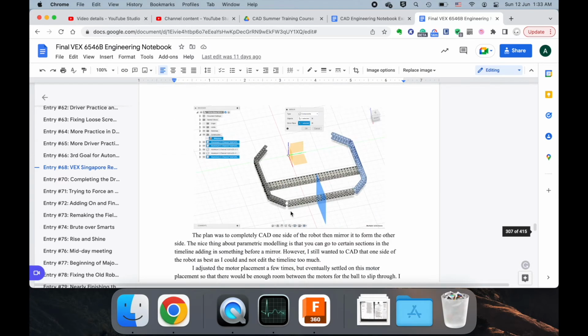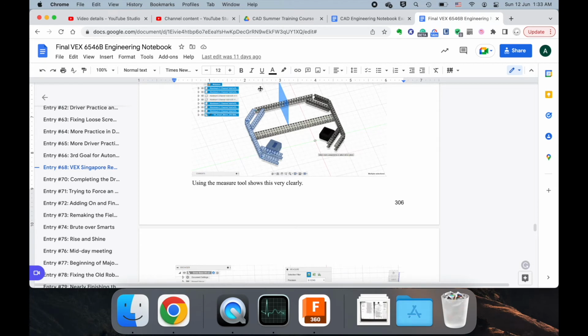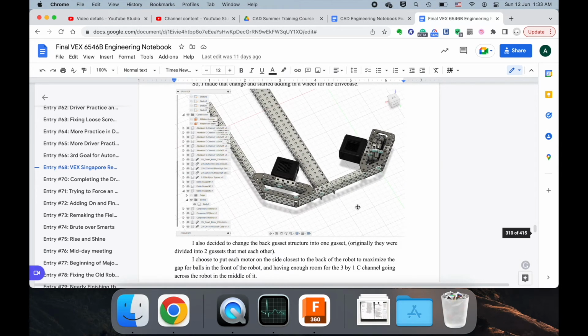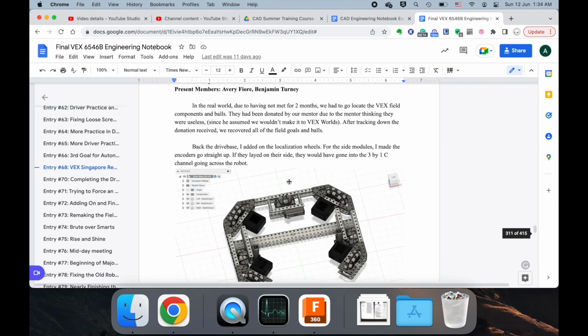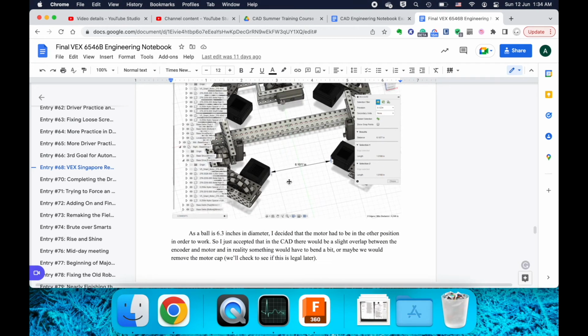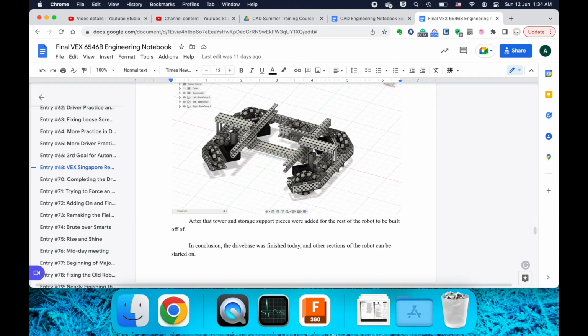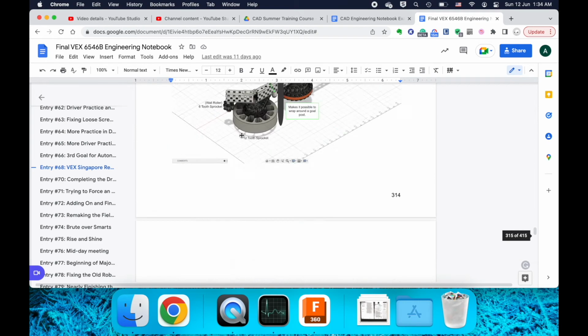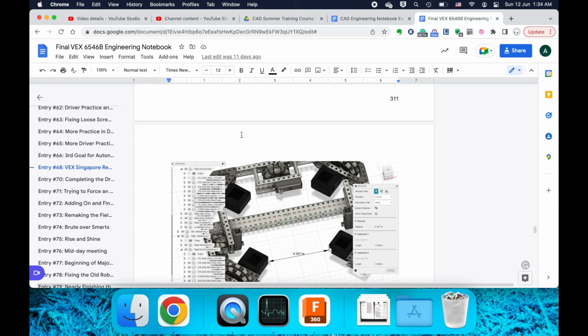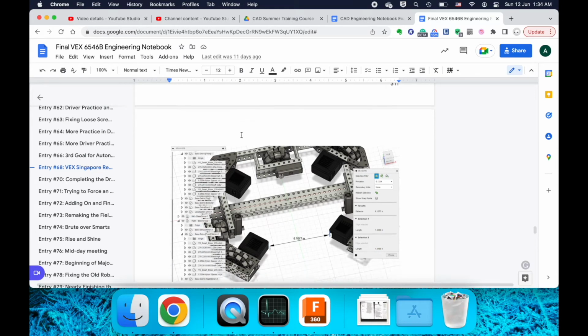I show this CAD here, okay? And then I show creating an entire frame, okay? I do a more advanced thing here where I actually create a custom Delrin piece. You know what, I can make a video about that. And the drive base is very clearly coming along, right? And I'm documenting different things I'm doing to the drive base, right? It's like first initially like this. I'm pretty sure I moved the motors at some point, or like I adjusted a bit to make sure things are not coming in contact with each other